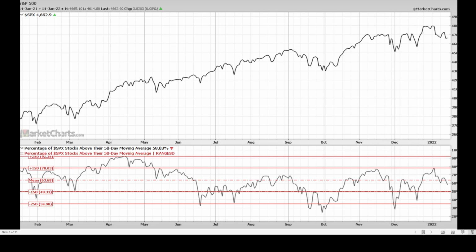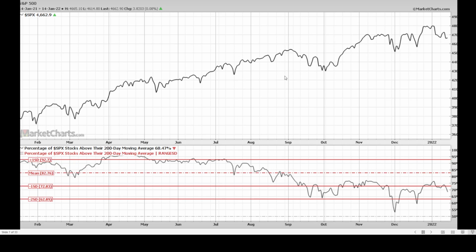Let's kick off with the S&P 500, as we like to look at the percentage of S&P 500 stocks above their 50-day moving average. We notice that they are coming down. And remember, when a stock or an index crosses its 50-day moving average to the downside and reconfirms that move, it suggests it's headed lower, that momentum is turning down. What we see now is 60% of the S&P is over its 50-day moving average, and we can see that breadth, as this is referred to, is headed lower, which will eventually drag the major index down.